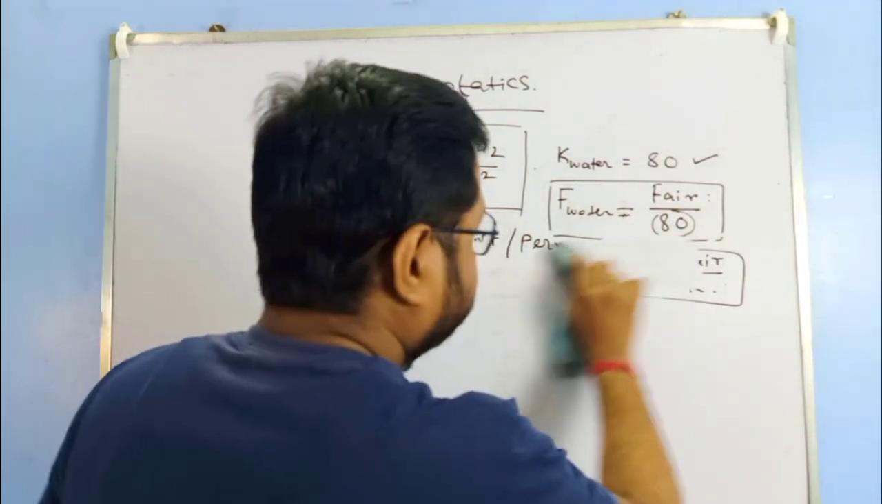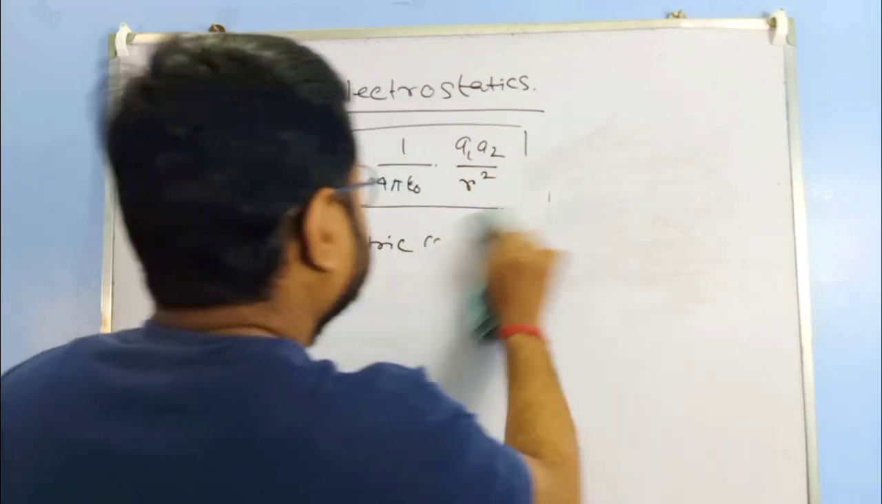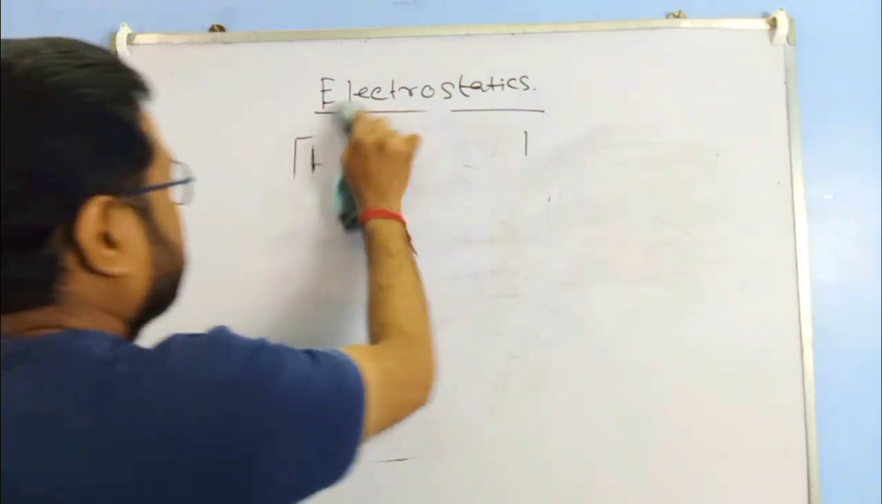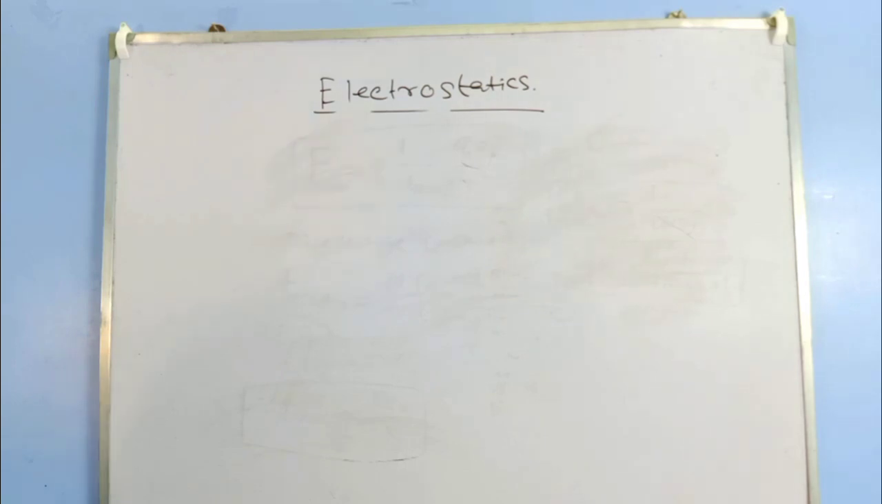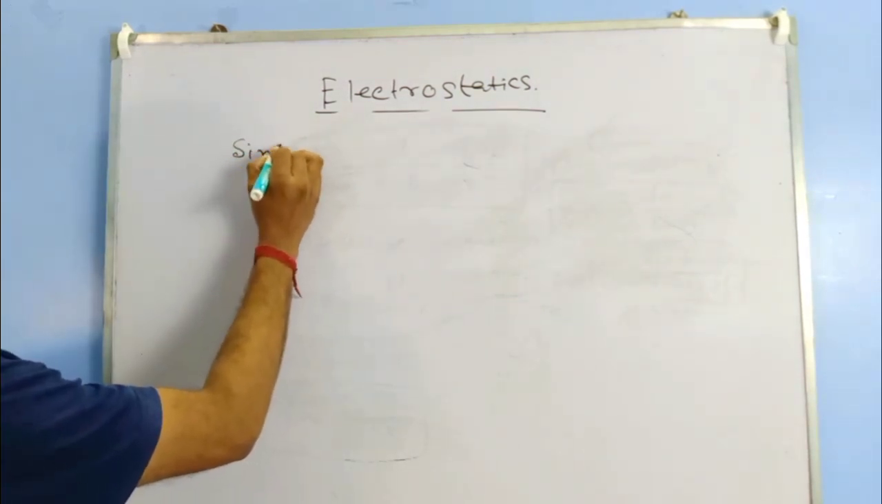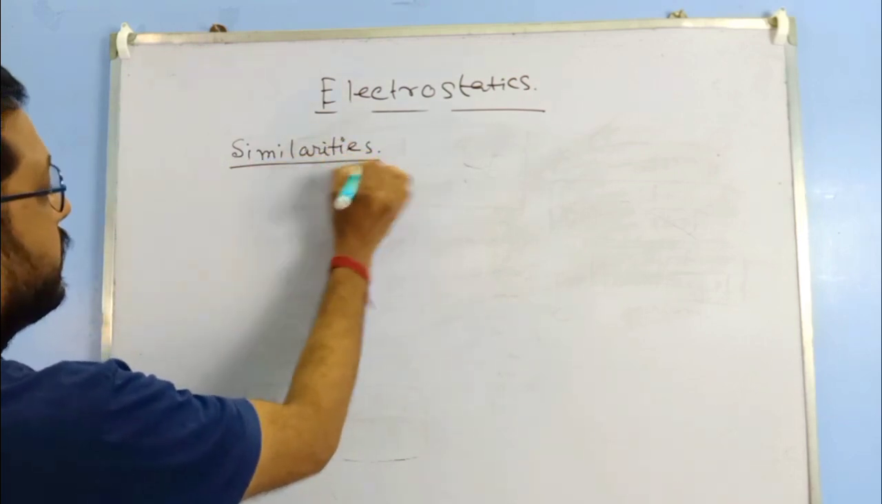Now we shall go with some similarities and dissimilarities of gravitational force and electrostatic force. I hope you have already read this. So we can go with the similarities first. Number 1,